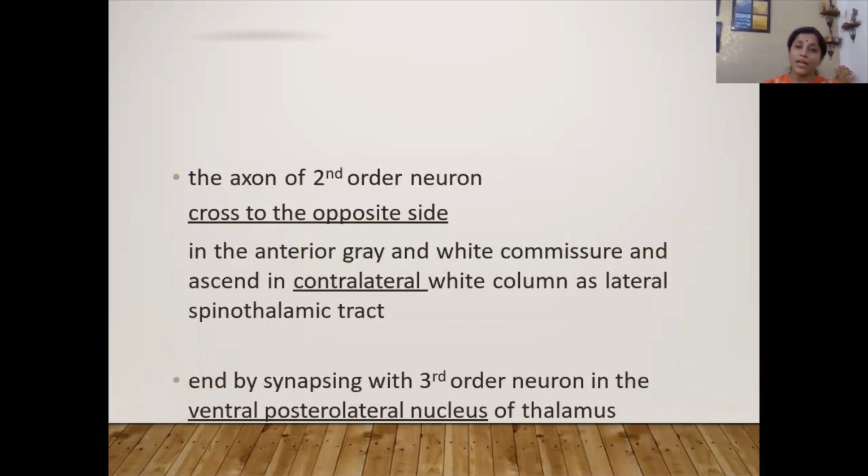Now the axon of the second order neuron, we know, decussates to the opposite side in the anterior gray matter and white commissure. And what was the commissure? They were horizontal fibers in the spinal cord, in the brain, and these horizontal fibers were the white matter fibers. So we know the corpus callosum, it is a commissure. And they ascend contralaterally. Contra is on the opposite side